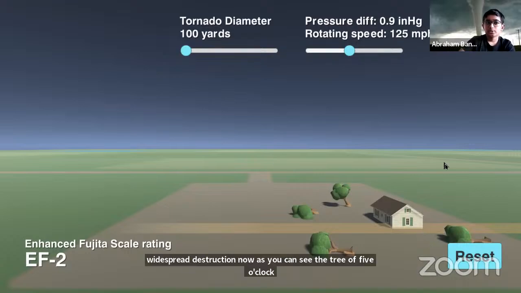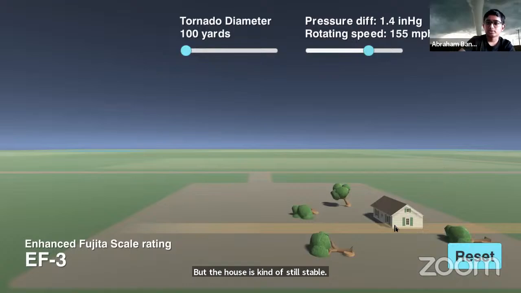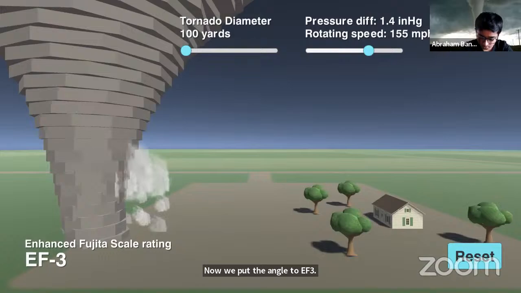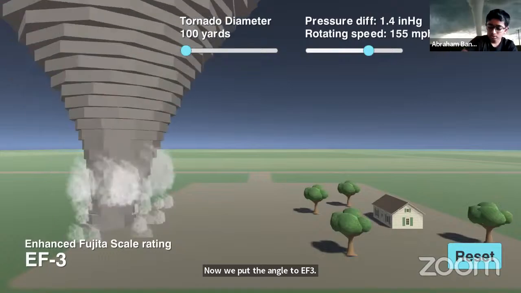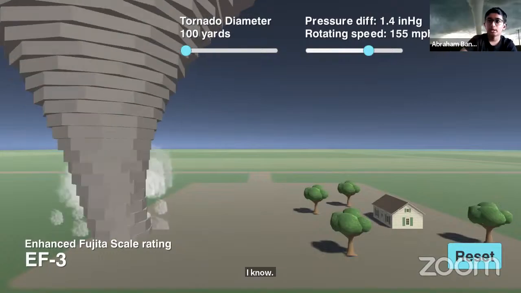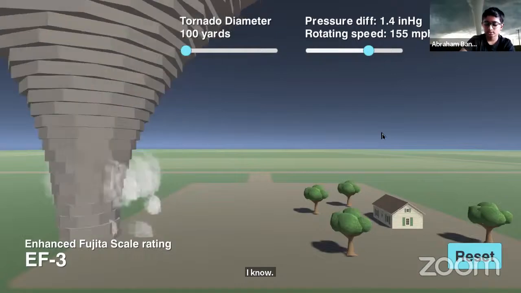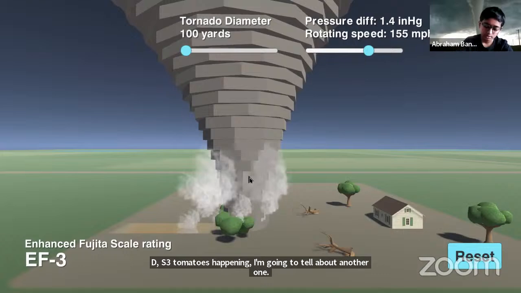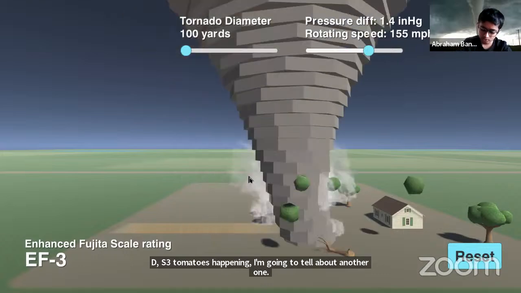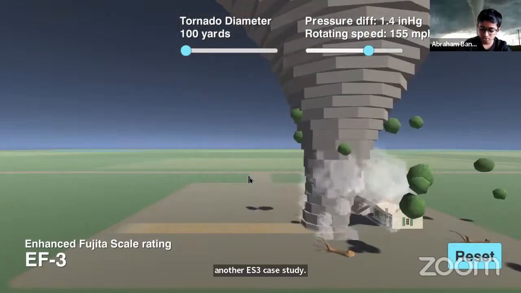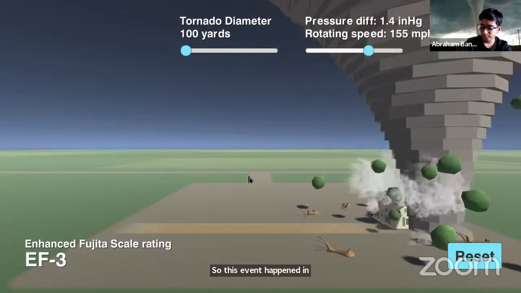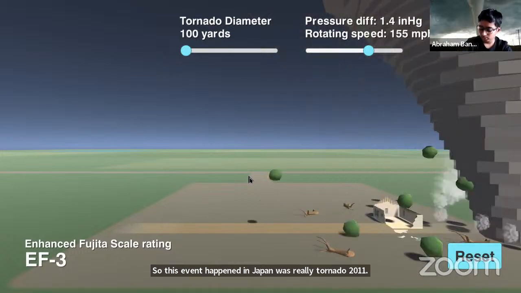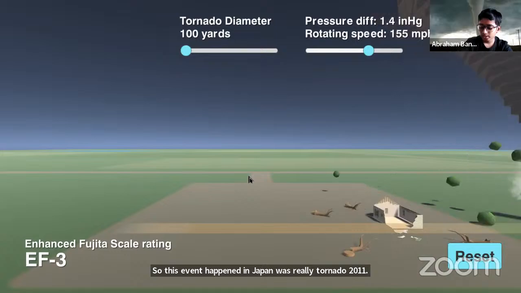Now we'll put the rank up to EF3. And now we'll press go. While the EF3 tornado is happening, I'm going to tell you about another EF3 case study. This event happened in Joplin, Missouri, the 2011 tornado. Date May 22, 2011.